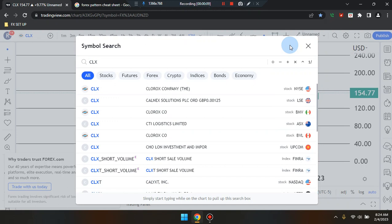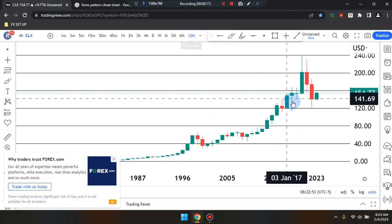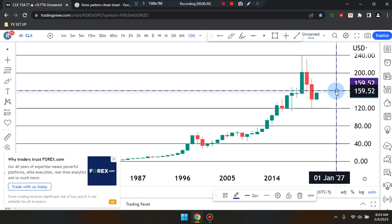Okay, everyone, this is Cam Jones, FX Daily Analysis, and we are marking up CLX. We are on the 12-month time frame. Price action last candle to the right-hand side is reading as a bullish green candle. We do have current price sitting at 154.77, so price can work its way up and tag that resistance line at